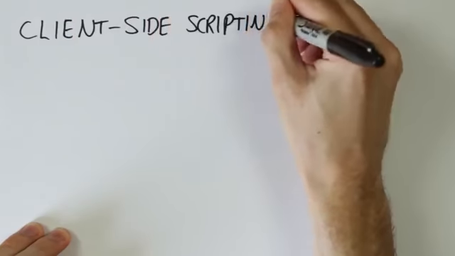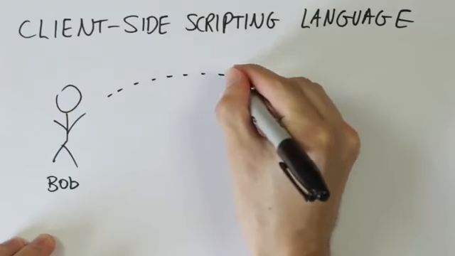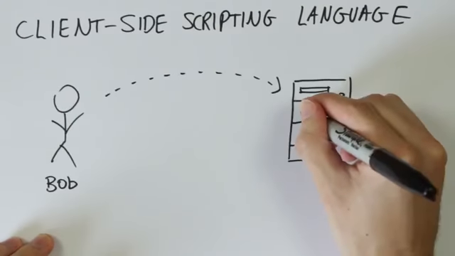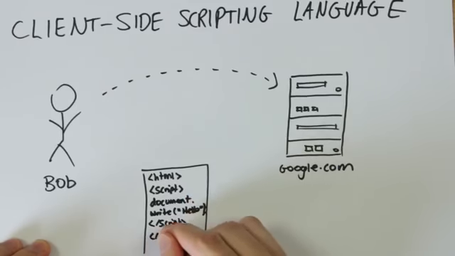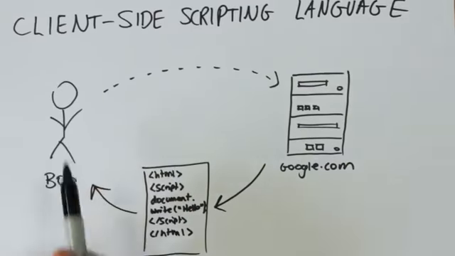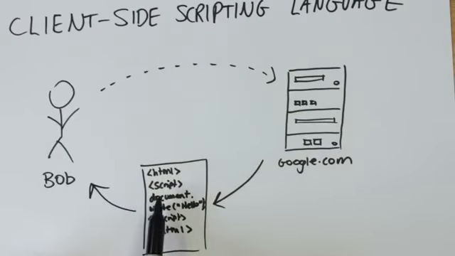So JavaScript is a client-side scripting language. That means that when a user goes to a website, the web server will send an HTML file back to the user and it will include the JavaScript code. The user could look at this code if they want to. The user's browser then executes the code when it's processing the page. This is in contrast to a server-side language, which will not send the code to the user, but just the